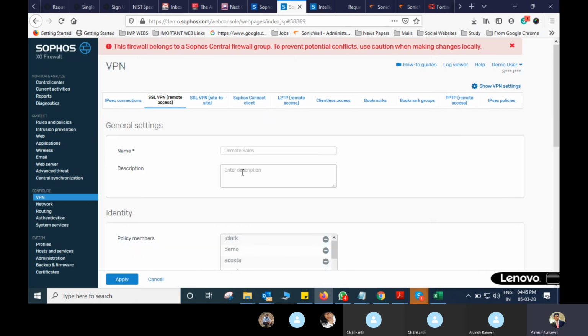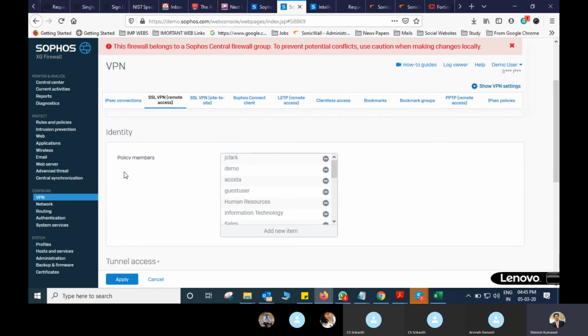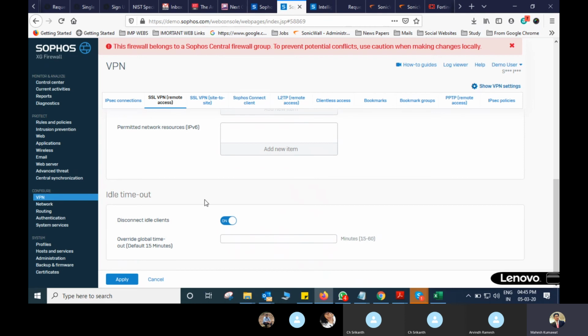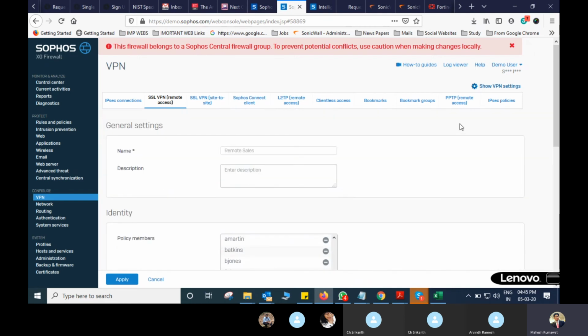Okay, so you can create the remote access and provide the policy members, what the different policy members are available, the different users, which channels you're going to access, and the heartbeat IP address you're going to use, and then add them. You can also create the new